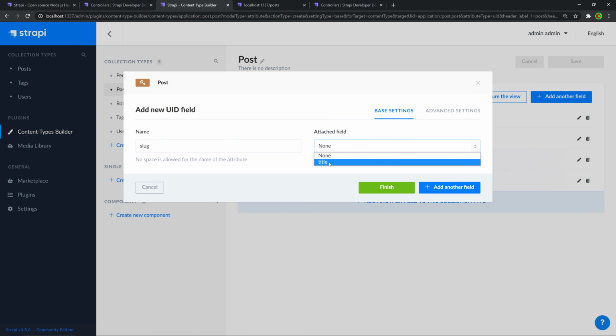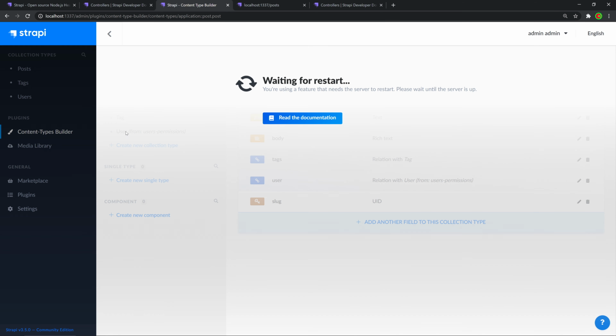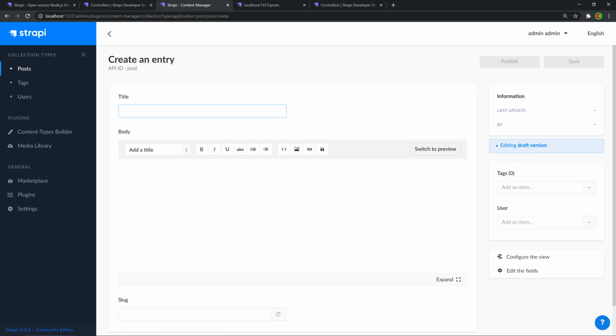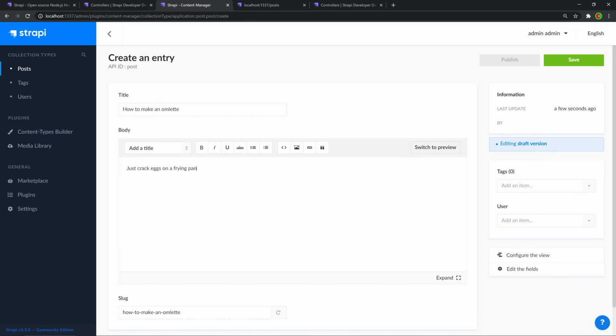And here, this is interesting. We can attach a field to it and we can say finish and save. But now if we actually create a post here, let's say, I'm running out of names. Okay, let's do an actual post. How to make an omelette. Just crack eggs on a frying pan. Okay, that's enough. So you see it already has a slug here, which is nice, which is a slug of